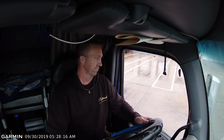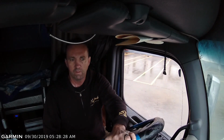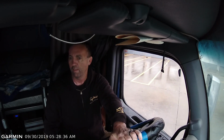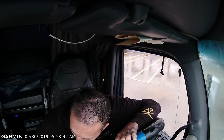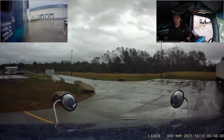It's generally frowned upon to slide tandems while you're in a turn, but we'll go ahead and do it anyway. Come on. That's good. Where's that thing going? Oh, no, we're good. Thought they were coming out of the door and coming this direction, but